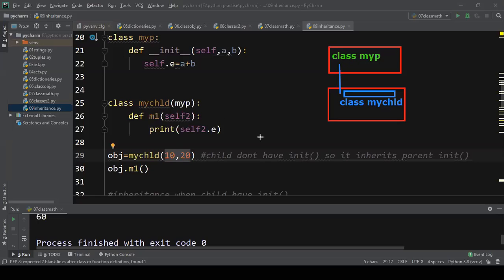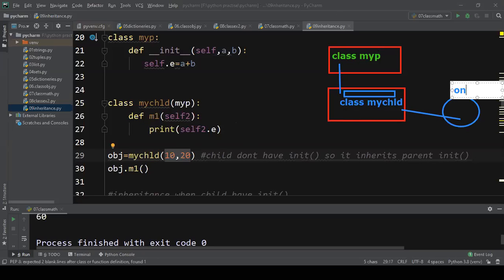So right now, here I'm passing 10 and 20 to my child. I'm creating one object for my child. So I'm passing 10 and 20. This is the object. What is the name of the object?